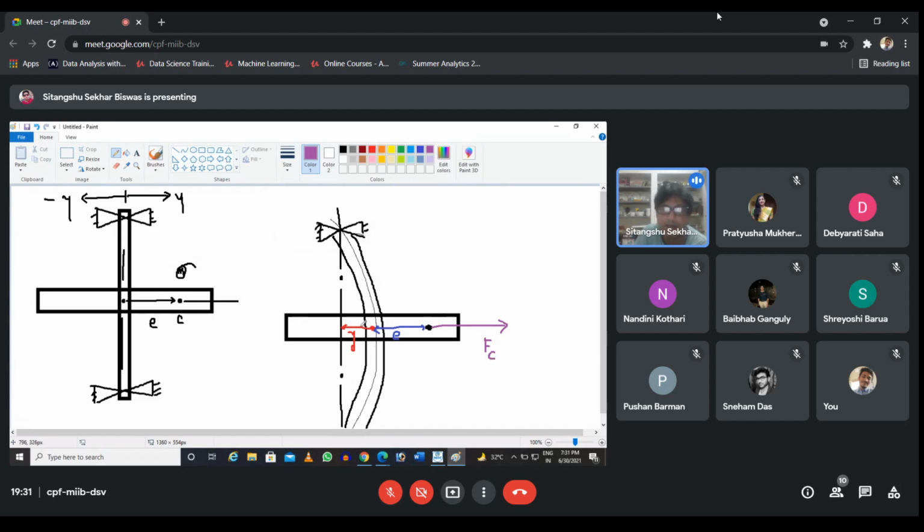And due to the stiffness of the entire structure, one restoring force will work in this direction, say it is Fr. So at equilibrium, when the steady state is reached, the restoring force should be equal to the centrifugal force. So what is the restoring force? This is due to the stiffness of the entire rotating assembly, which is k, and the deflection now is y.